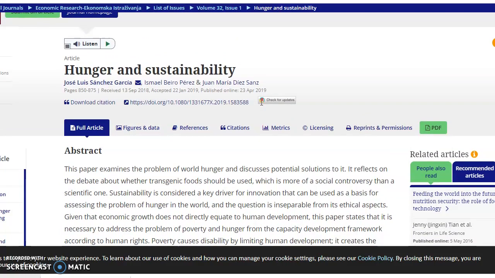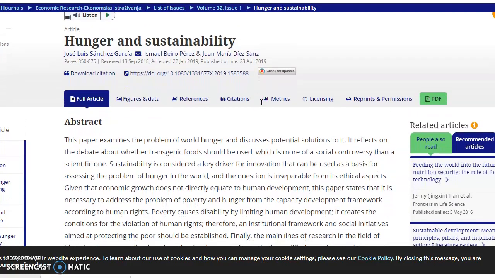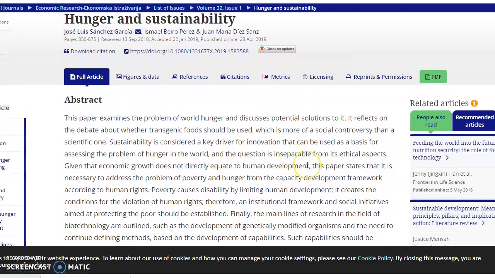So this is just one of the articles I pulled up, and there's something that's even more recent that would be relevant, but this one I thought is a good example of